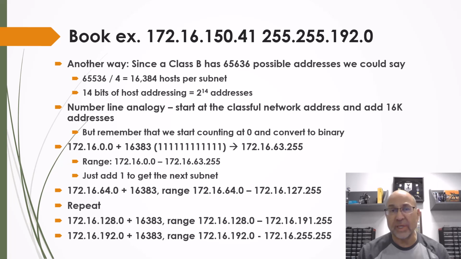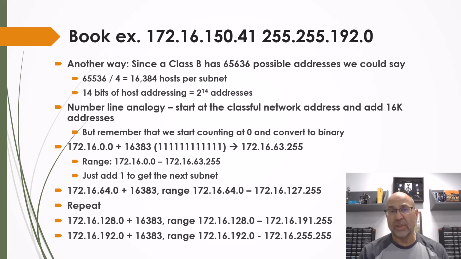Now to get to the next subnet, I just add 1 to that. So the next subnet would begin at 172.16.64.0. So that's the number line analogy, right? Whatever the last number is, add 1 and I start the next subnet. So let's do the same thing. We'll add 16,383 to that. Converting that to binary, what that actually is 172.16.64.0 to 172.16.127.255. We repeat that again, and we go 172.16.128.0, right? We added 1, plus 16,383, so we get